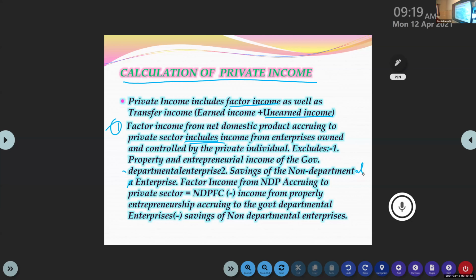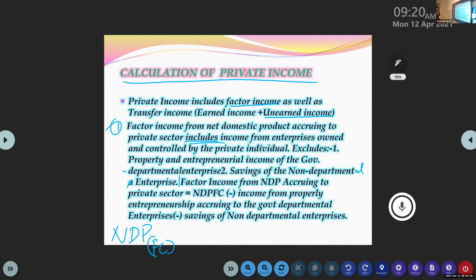Okay. The next sentence. Factor income from NDP accruing to the private sector. This equation: factor income from NDP accruing to the private sector is equal to net domestic product at factor cost. Here, FC and MP you always have to write in a subscript. NDP FC, subscript, minus